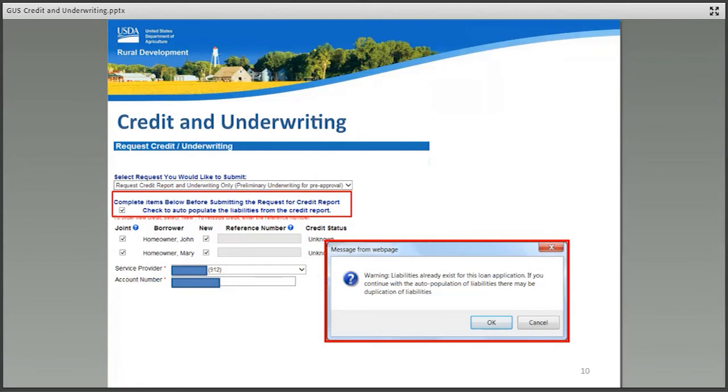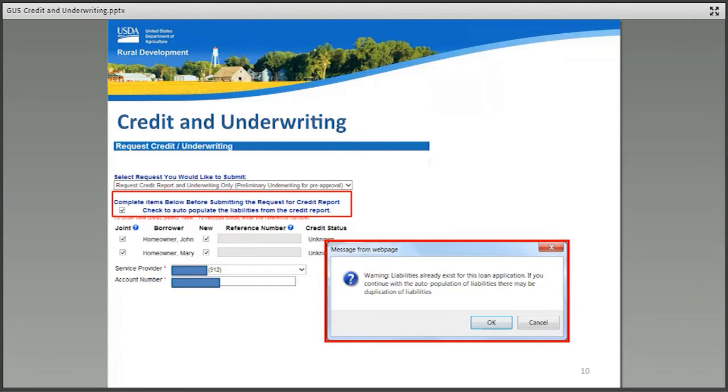If OK is selected, GUS will continue to auto-populate all open liabilities from the credit report to the Assets and Liabilities application page. Users must ensure all data entries are accurate and supported. If Cancel is selected, the user will return to the Credit and Underwriting page. Users may wish to visit the Assets and Liabilities application page to review or delete any current entries.